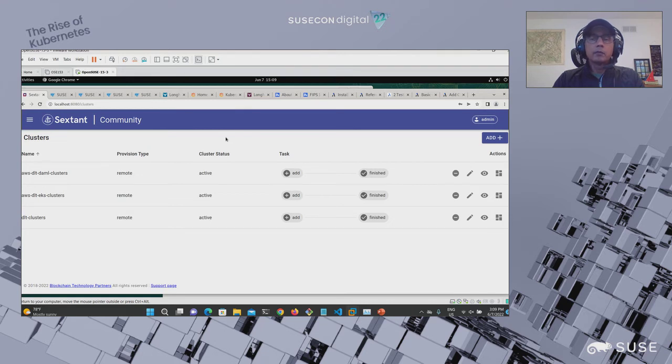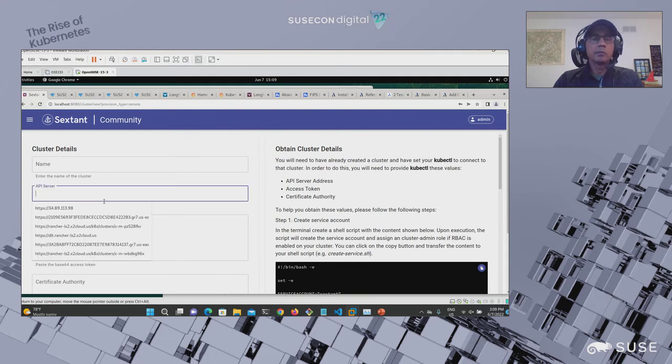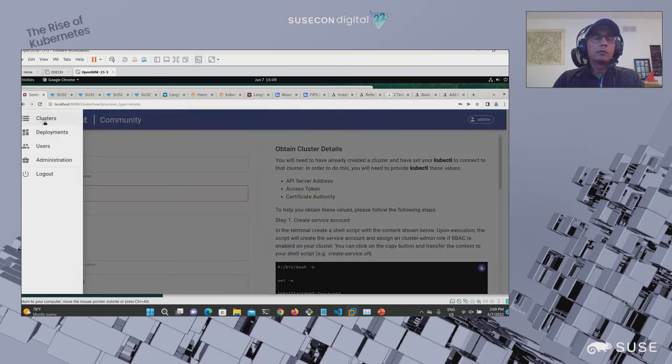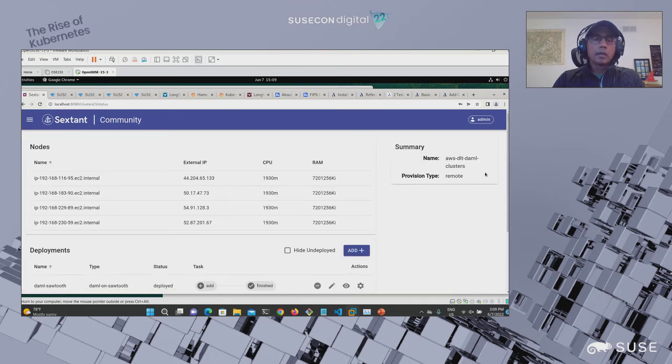Now that you have everything running and you know that you have a highly available and non-tamperable cluster, you can now start adding additional clusters. I already created a few, but let me quickly show you that it's within Sextant. You can now start creating new clusters, and once you register new clusters, and once you point to those clusters that, for example, had been created by the automation I mentioned earlier, then you can go and look at your clusters and what is installed on top of them.